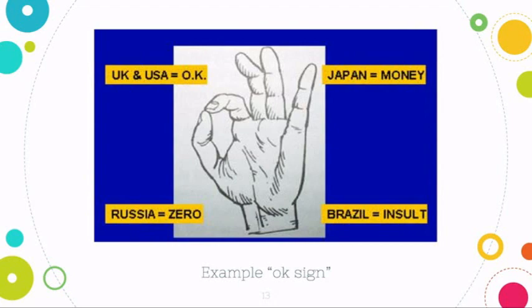But for Brazilians, it's an insult. For people in Thailand, it's also very disrespectful to do the OK hand sign. In the Philippines, it's fine. It's the OK, or it can also mean money. Now, it's just one hand gesture, but it can carry different interpretations and meanings depending on the nationality, with their own different cultures. So we have to be very careful, all right?